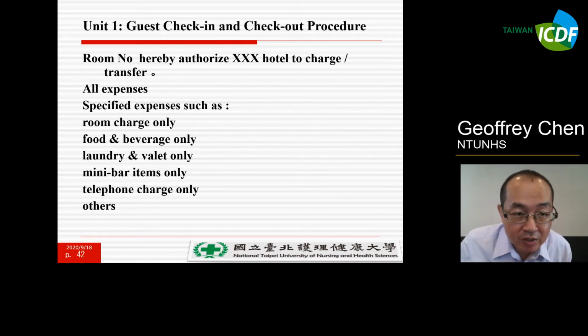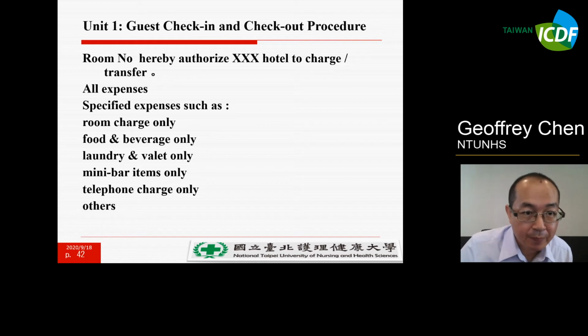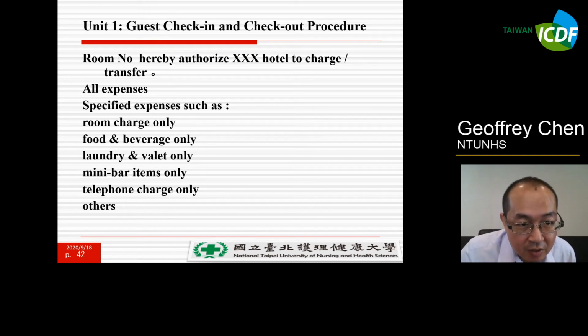And here is an example for the situation I described. You can see the room number, and "I hereby authorize the hotel to charge and transfer all specified expenses," such as the room charge, food and beverage, lounge, valet, minibar items, or telephone charges.